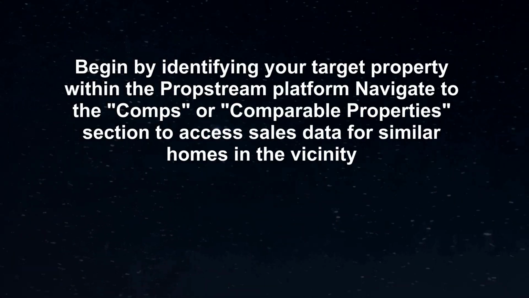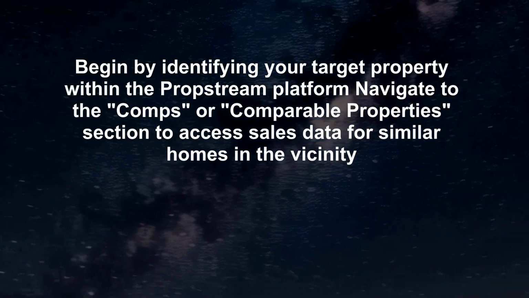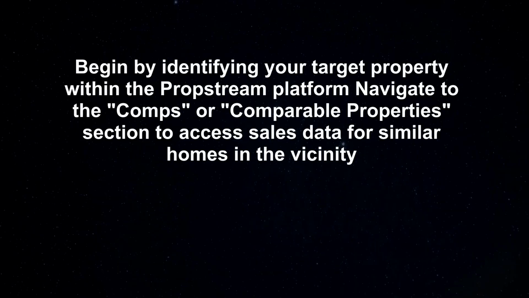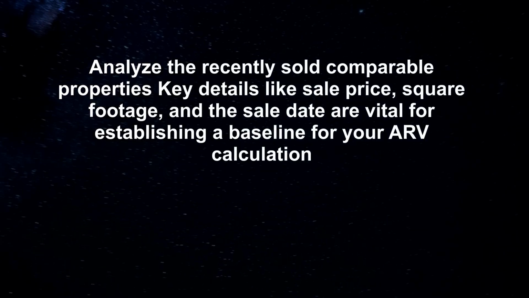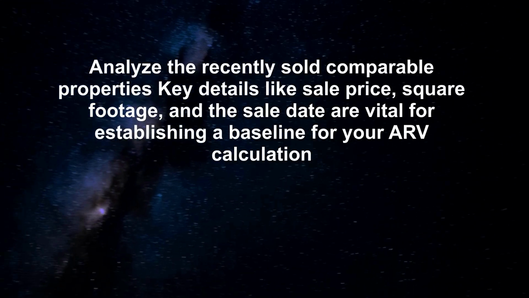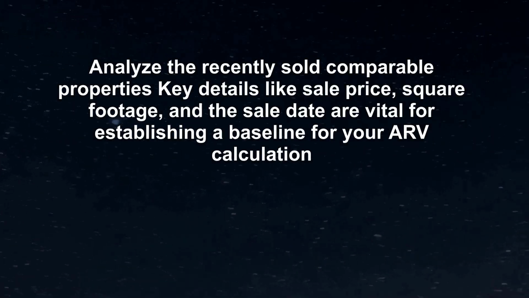Navigate to the Comps, or Comparable Properties, section to access sales data for similar homes in the vicinity. Analyze the recently sold comparable properties. Key details like sale price, square footage, and the sale date are vital for establishing a baseline for your ARV